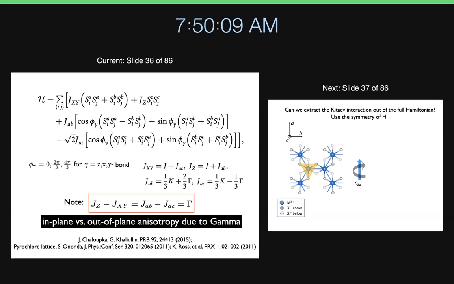If the gamma is going to be antiferro, or positive, that means that the Z-axis, here the C-axis, by the way, which is out of plane, is going to be the hard axis. And that's what we see in ruthenium chloride. For example, if you look at the susceptibility, I'm going to show you a lot of experimental data tomorrow, the anisotropy is huge. It's very two-dimensional. And if the trigonal distortion is 0, it's an ideal model. I don't expect the g-factor to be very different. In fact, in atomic physics, it's basically 1. There is no anisotropy, so that anisotropy will be mainly coming from the gamma interactions. So that's the one thing to bear in mind.